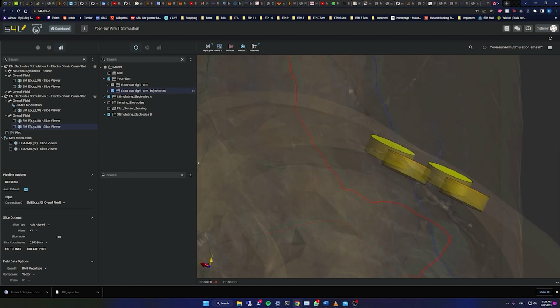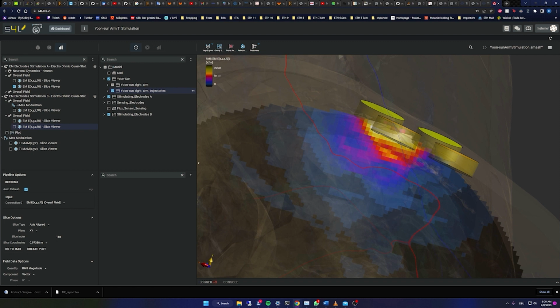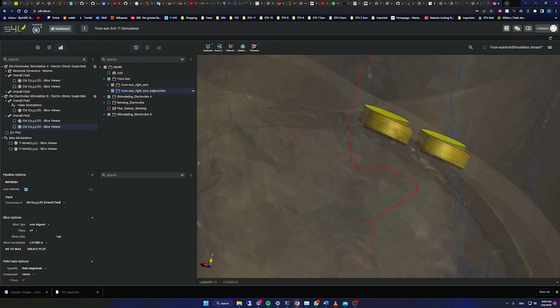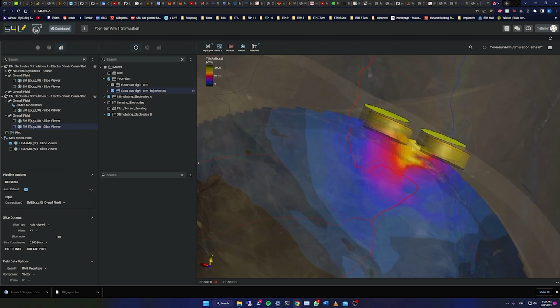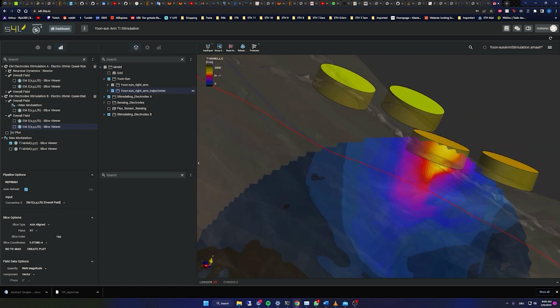One of my colleagues has in fact applied the optimized TI stimulation configuration and was able to elicit controlled finger motion. To conduct my research, I have utilized Sim4Life as a simulation platform, building on top of the existing Yunsun ARM tutorial.